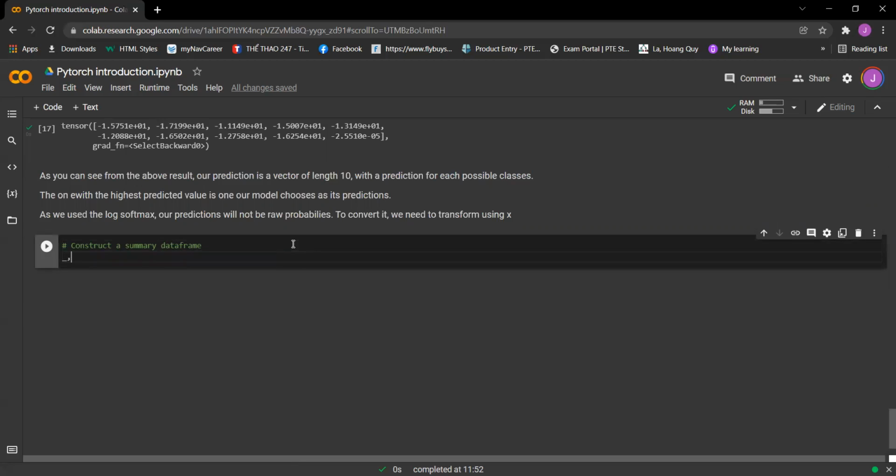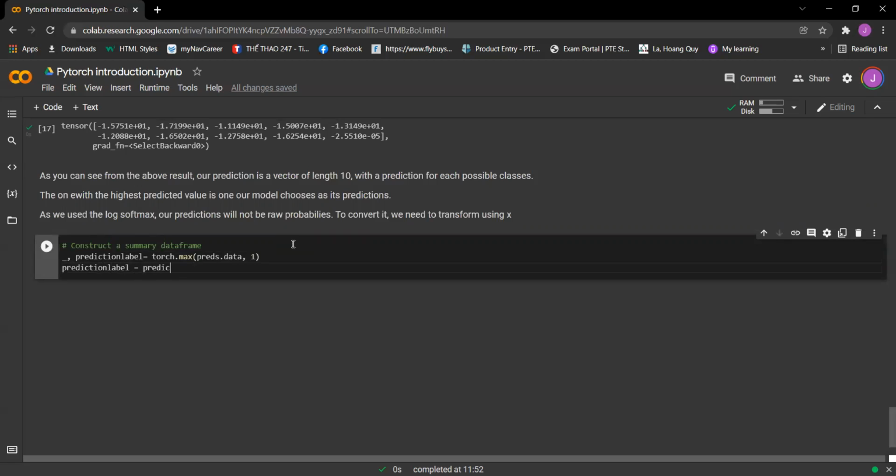So what are we doing in here? prediction_label equal to torch.max of preds.data, comma 1, and then we have prediction_label equal to prediction_label.tolist, and then in here this will be equal to pd.Series of test_label,